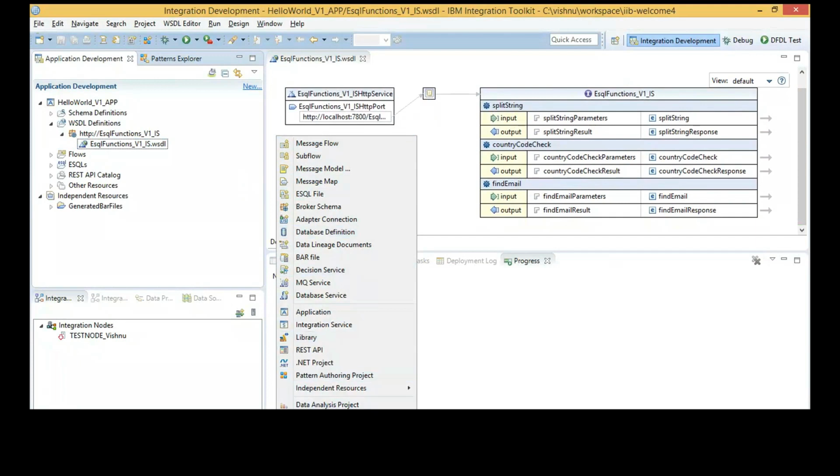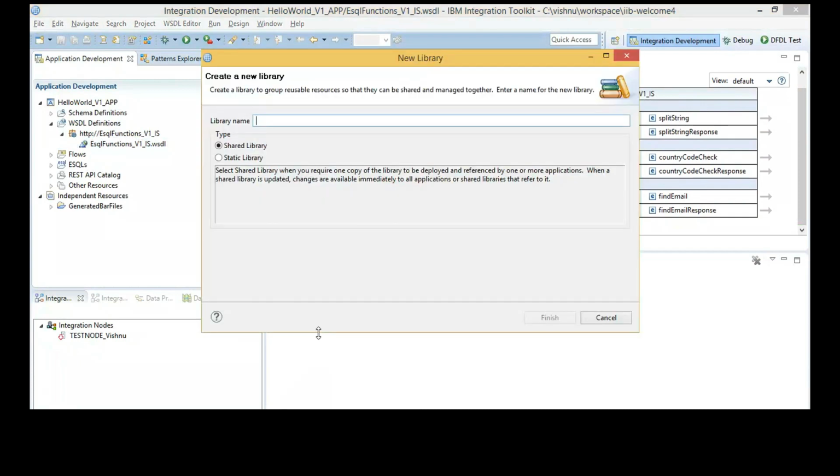What is my goal? I want to create a shared library, a static library that can be reused in multiple applications, and reduce the lines of code that I write or the configurations that I do. That is the reason I'm creating a library.